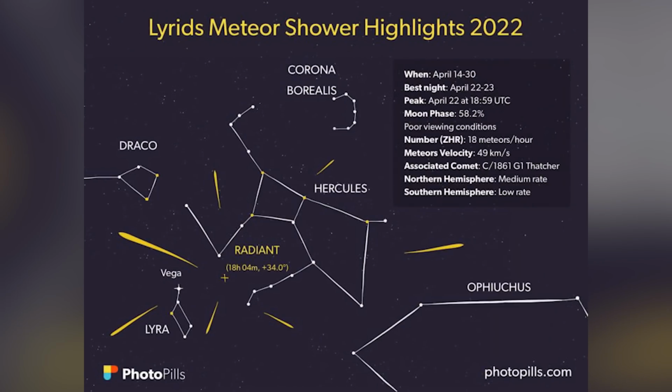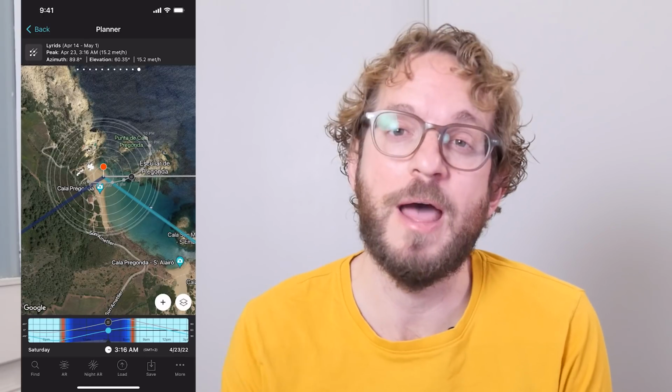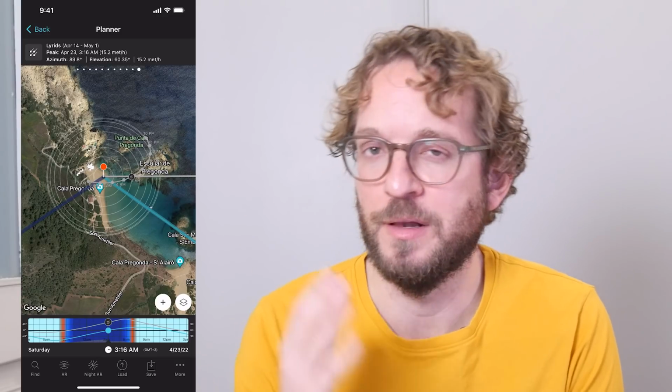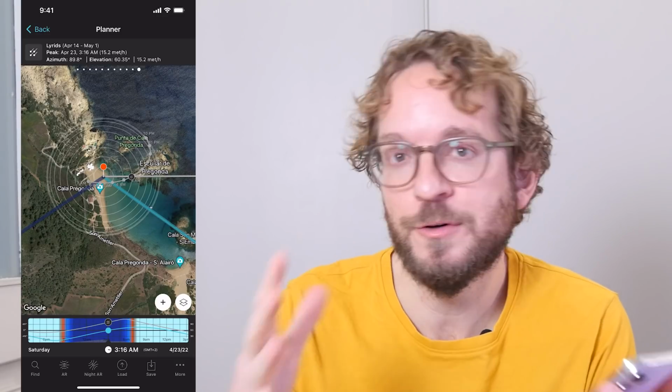The Lyrids Meteor Shower is peaking on the night that goes from April 22 to April 23. Around 15 meteors per hour are expected. The Moon, with a phase of 55%, will be below the horizon for quite a bit during the night, allowing us to photograph the Lyrids Meteor Shower with no moon for quite a bit, maybe 4 or 5 hours